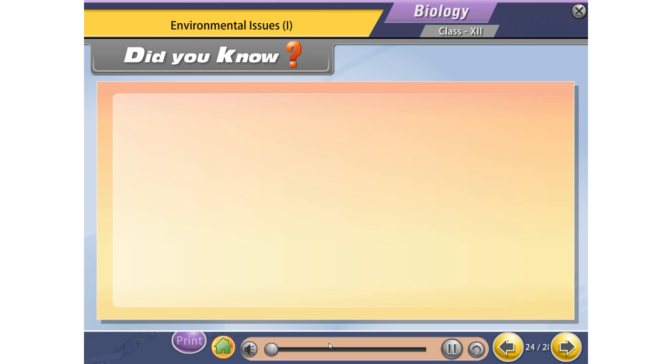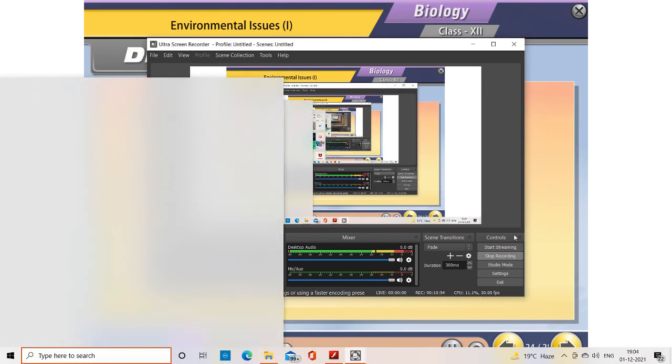Did you know? The report issued by Kolkata on Thursday, October 18, 2012 at 4